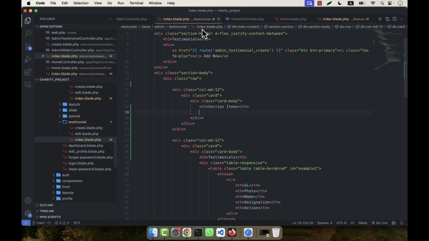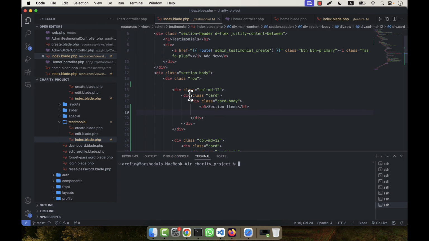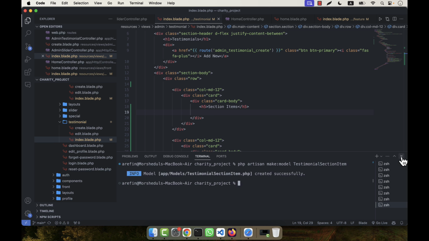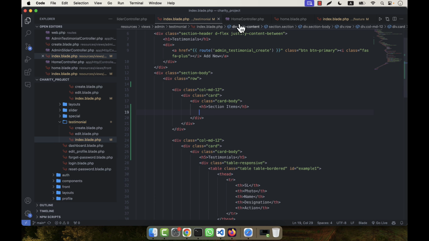I am going to close it now, and I am going to create a model now. My model name will be the singular form of the table, so php artisan make:model TestimonialSectionItem. So this will be my model name. Okay,